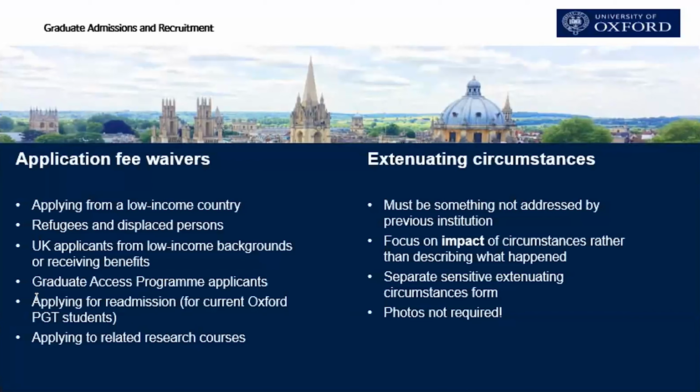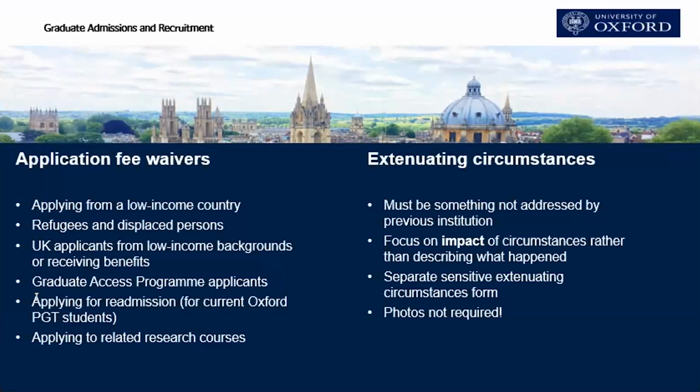So you can use that section of the application form to explain if there were particular opportunities that you missed out on due to that. Of course, there could be a whole range of other circumstances that you want to record there, and those will be visible directly by the academic assessors,